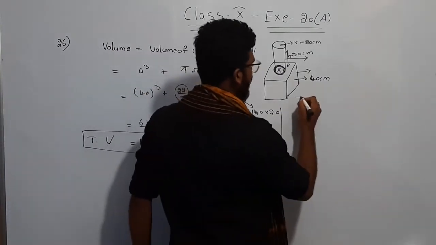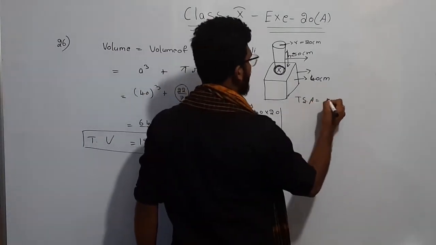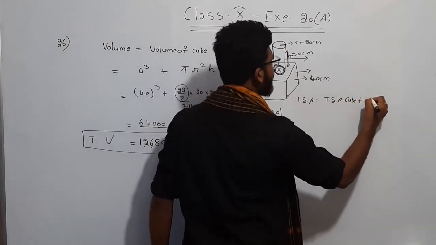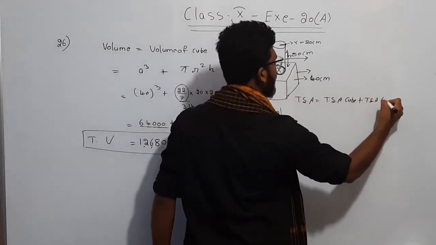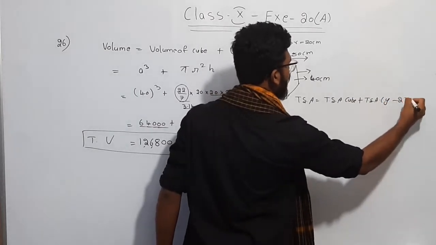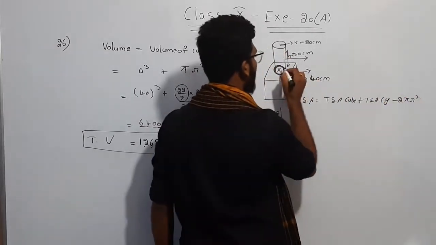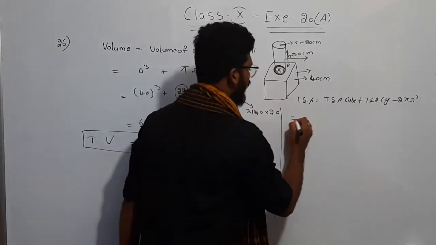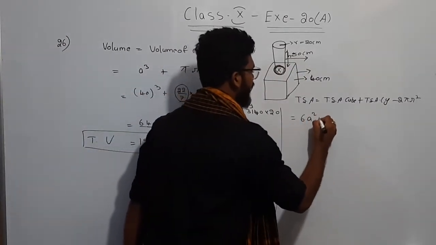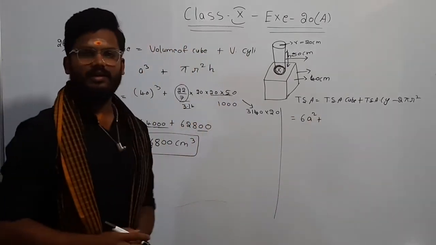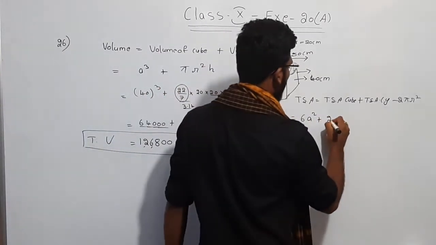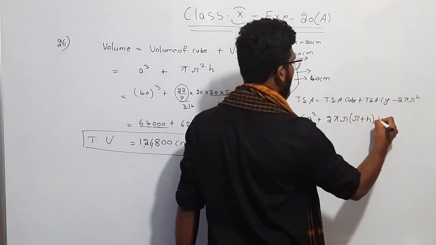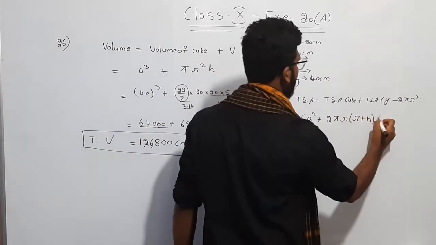So total surface area is equal to TSA of cube plus TSA of cylinder minus 2 pi r square. Why? The area of this part we have to subtract two times, right? So TSA of cube 6a square plus TSA of cylinder 2 pi r into (r plus h) minus 2